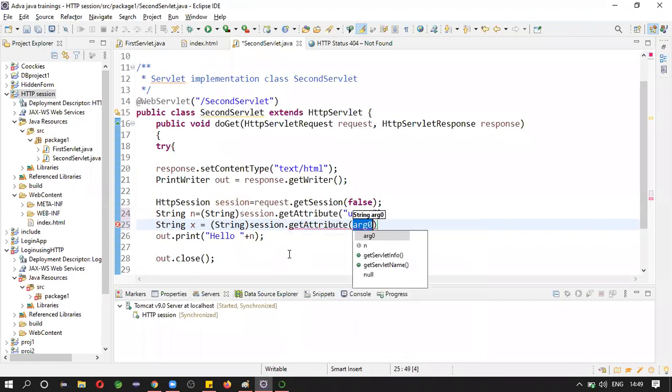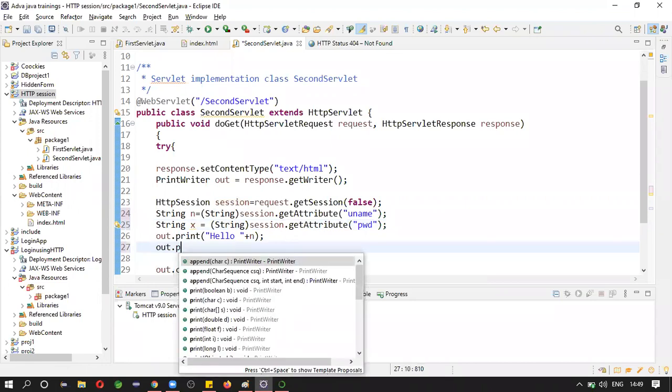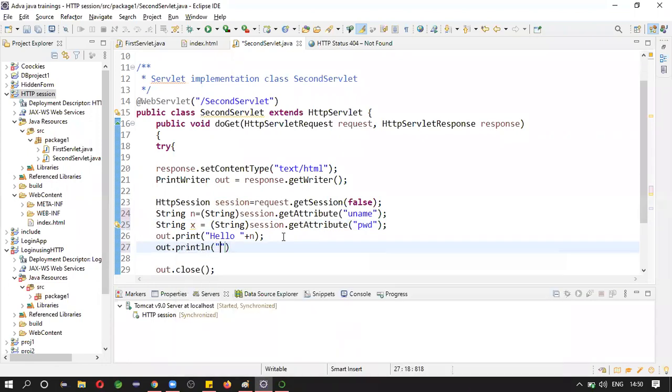Get attribute of pwd. Actually it is not there. And we are trying to print this out.println of password.